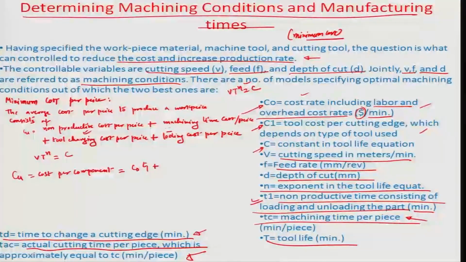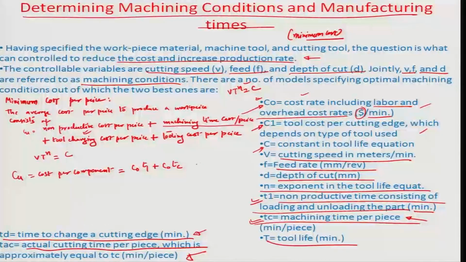The cost per component also includes the machining time cost per piece. So, the total amount of machining time in this particular case is taken as Tc, okay. And during this time, the total amount of overhead cost that is spent is basically again C0 per unit time. So, I can say C0 Tc as the total amount of machining time cost per piece